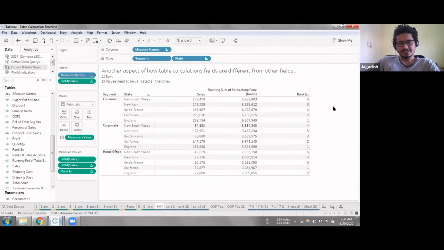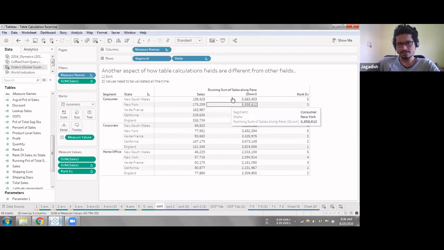The reason is, I have a table calculation filter over here. This is one of the reasons that when table calculations are involved, even if you change a little bit of the view, as Chaitanya mentioned in the last session, the values may seem completely off.